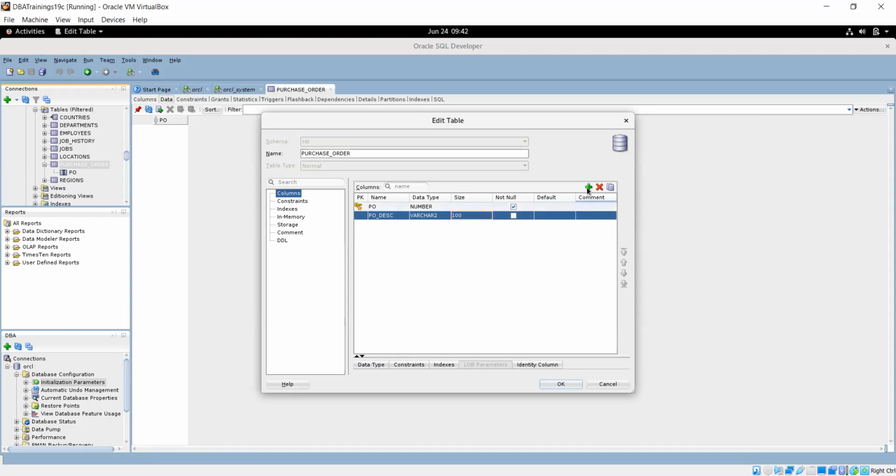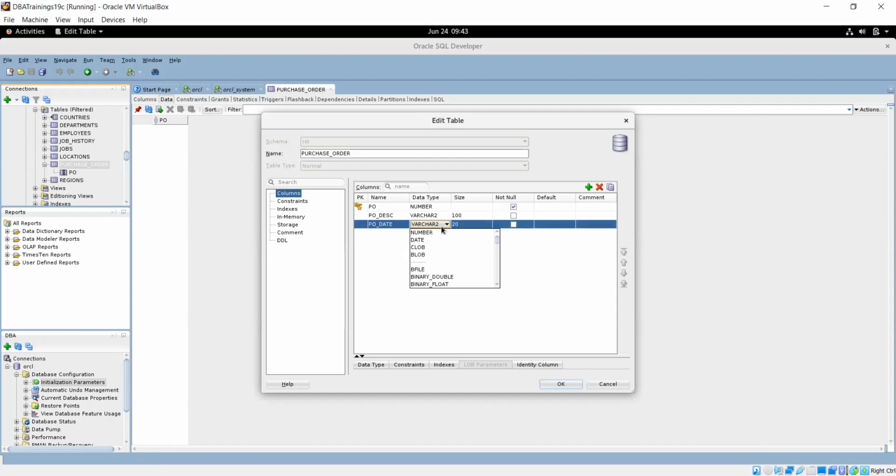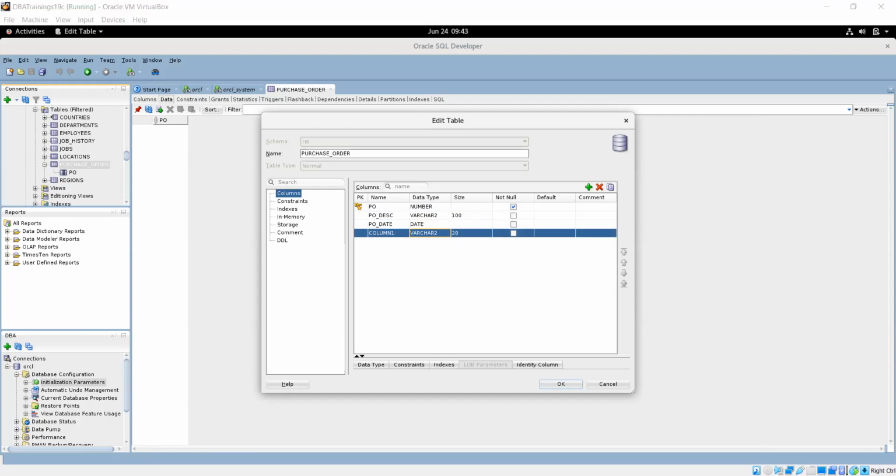Similar way, if you want to add more columns, you can add them. So accordingly, as per your business, you can customize. Of course, we have the PO date. Whenever we have a PO, we have a PO date as well. The data type should be date. Apart from that, the purchase order has the vendor, who is the service provider.